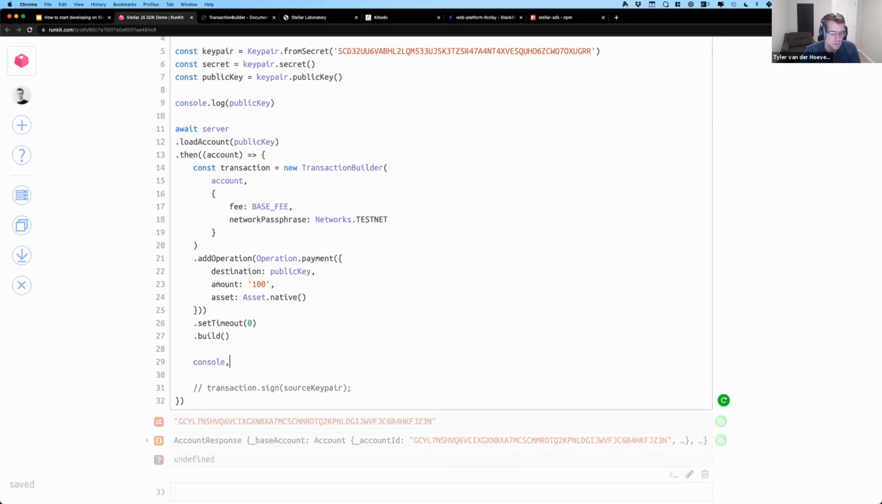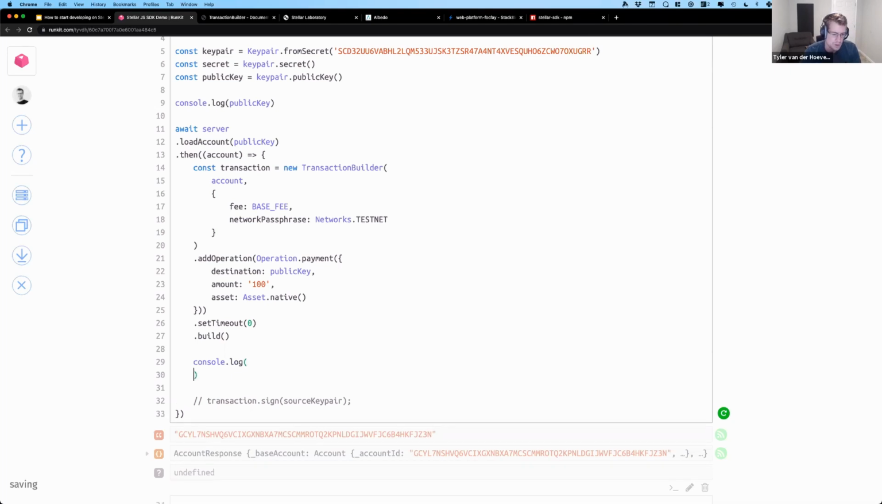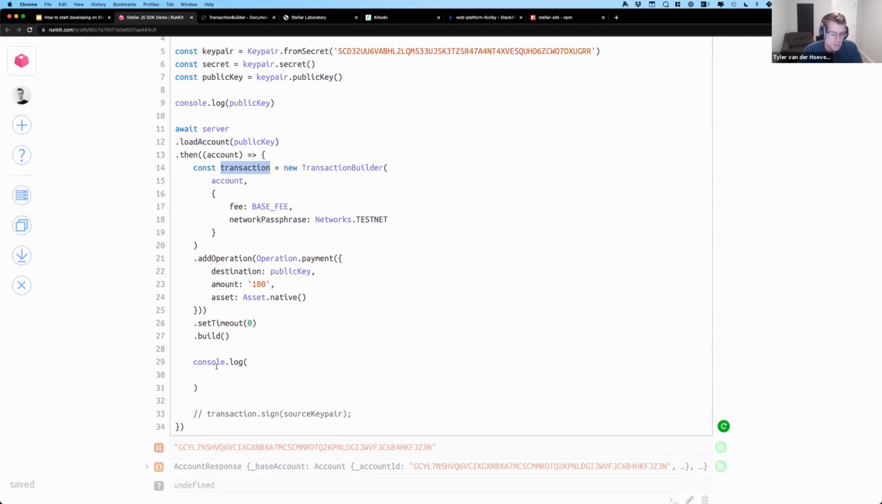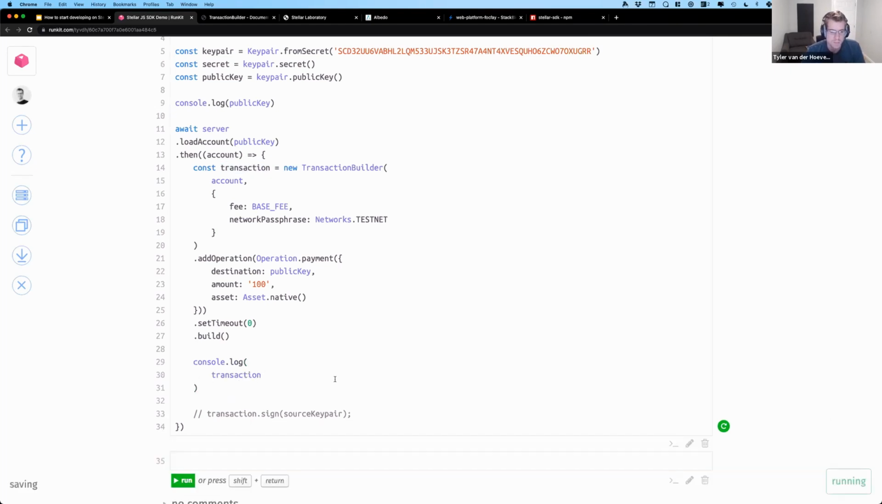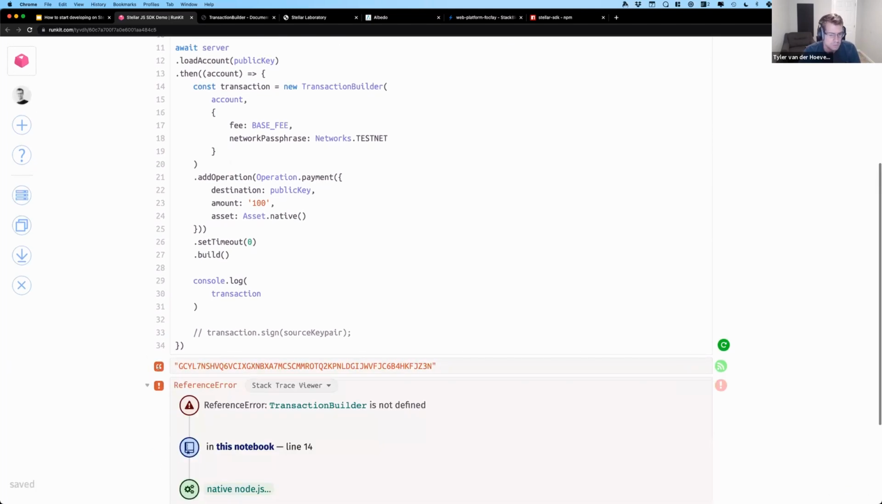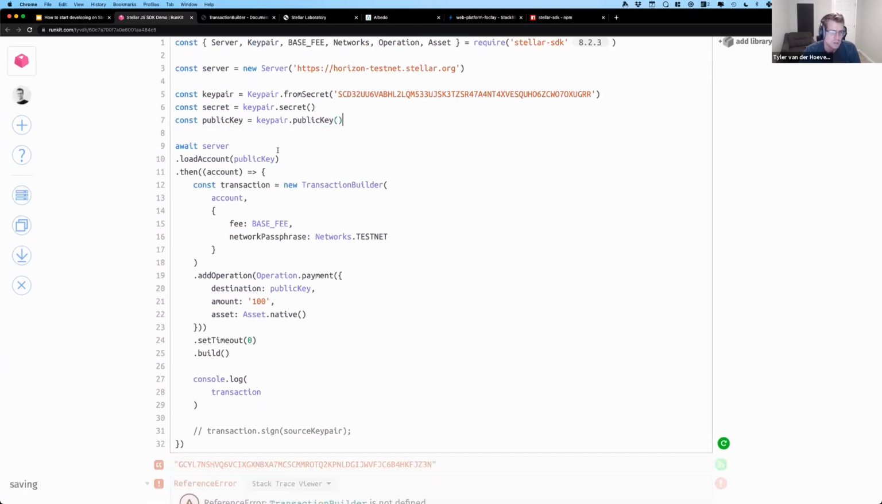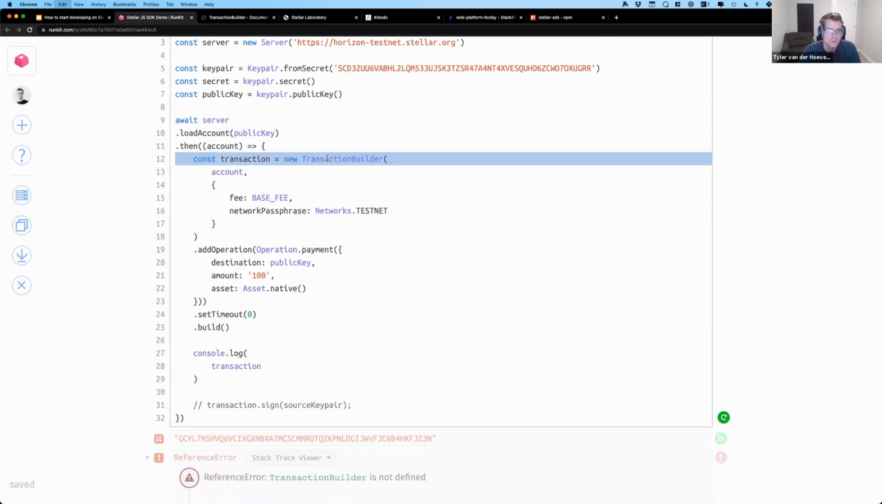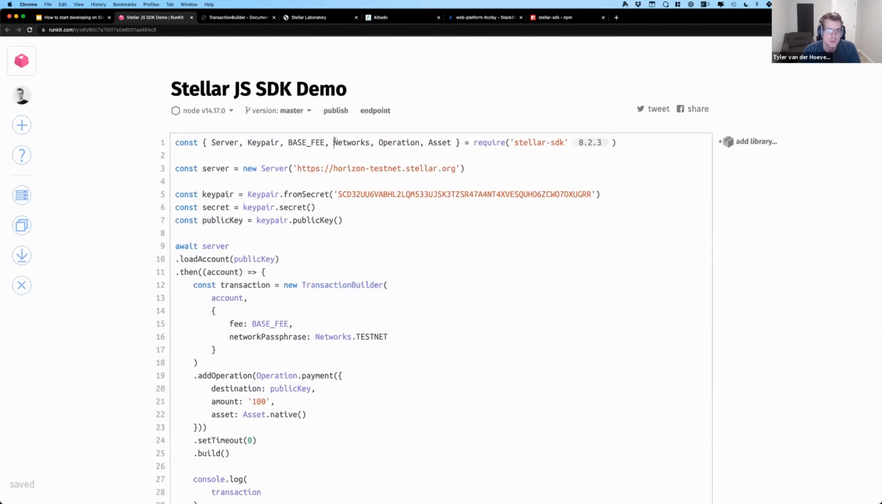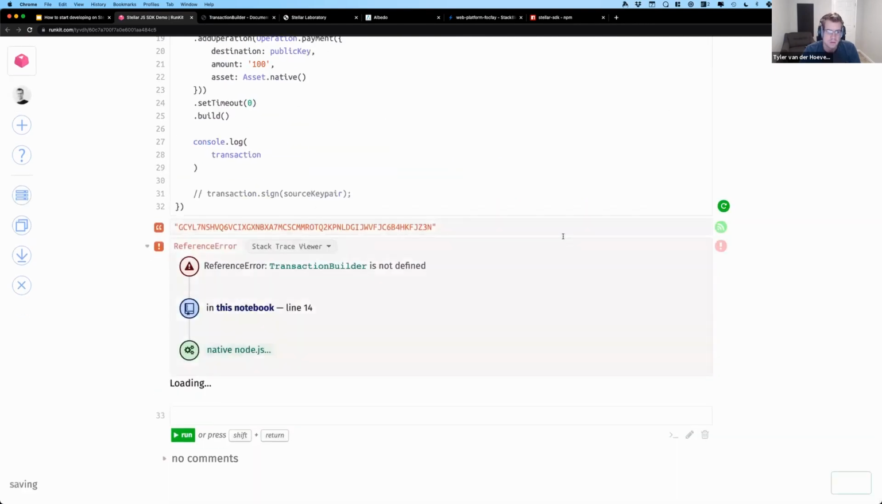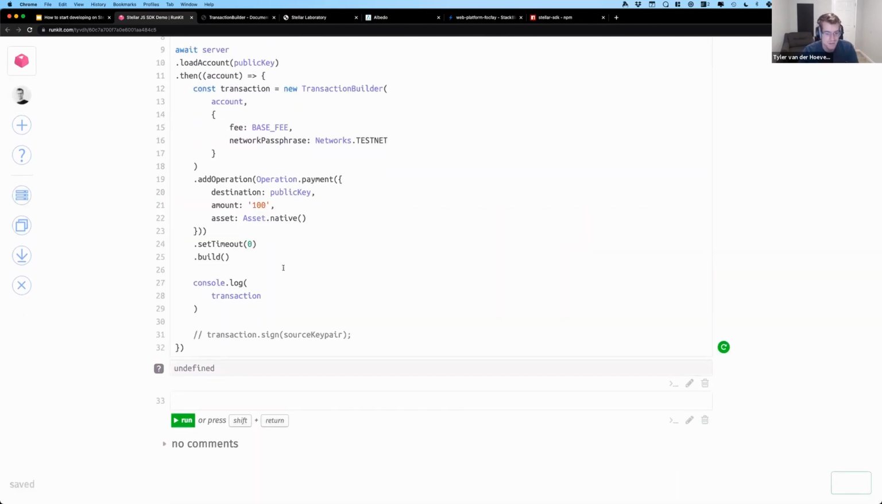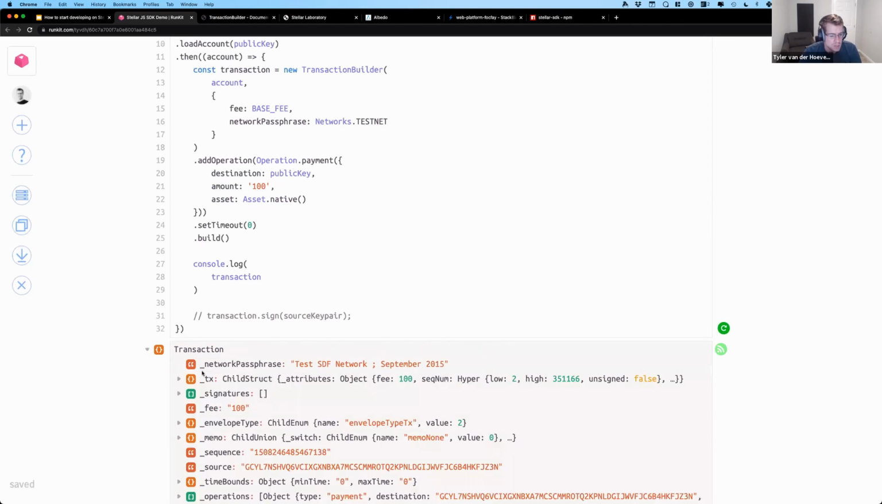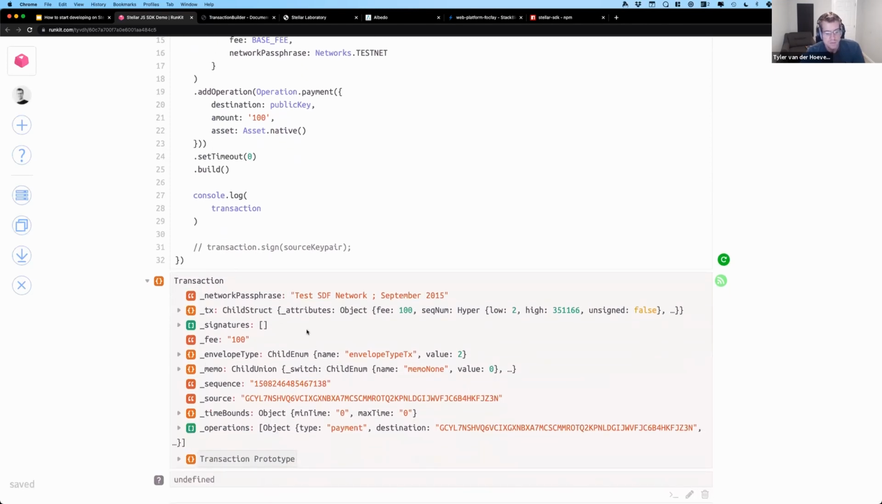So I'm going to console log this transaction, and it'll be a nice little object for us, which I don't need to console log this public key anymore. Looks like we forgot to include the transaction builder class. Kind of need that one. And then we've got a nice transaction object, but if we wanted to actually transfer this, so if you remember